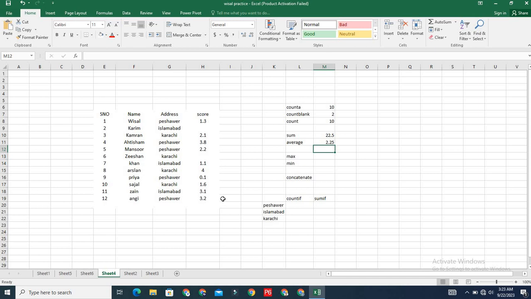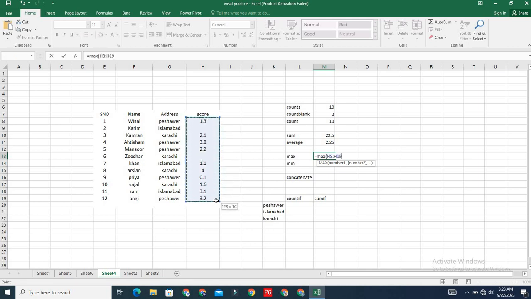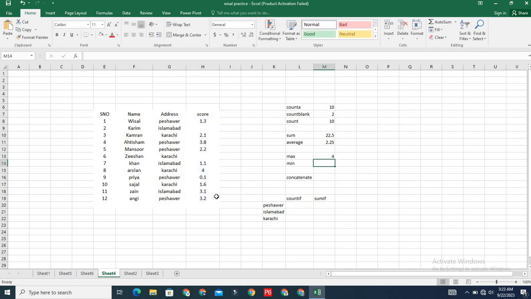Right now I just want to check out the maximum number, like what is the maximum score in this sheet. This is also important to find out. So I'm just going to click on maximum, and once again open the bracket, and directly give a range to this one, and after that close the bracket, and you can see the maximum score is 4. But if I remove the 4, you can see the maximum score automatically changes. You can see this is a 3.4, but I'm just going to enter a 4